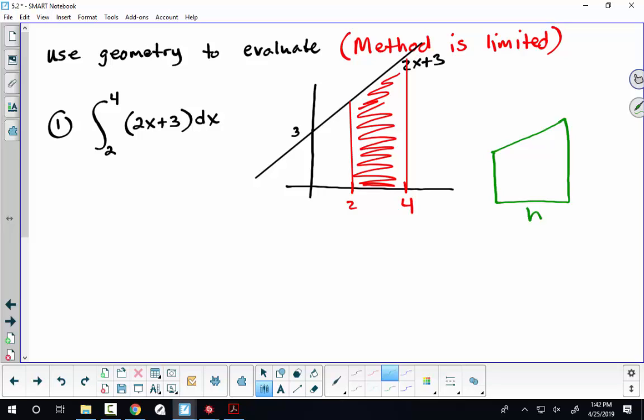But let's just look at the formula. We'll call the base H, one side A and the other side B. The area is 1/2 the base, so 1/2 H, times the sum of the sides, A plus B. And that's exactly what we're dealing with here with this integral. So it says, taking this area,